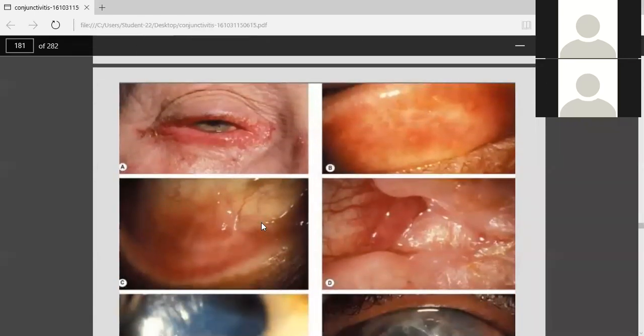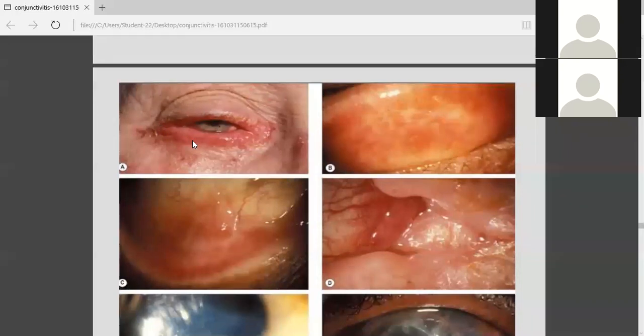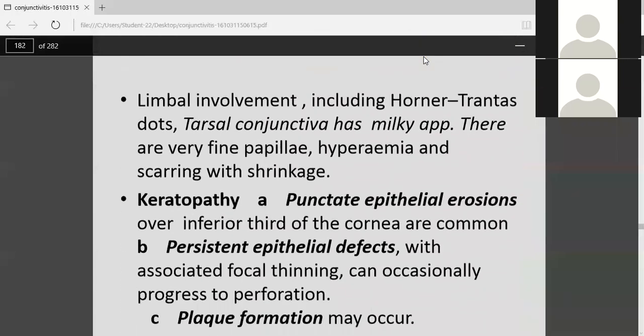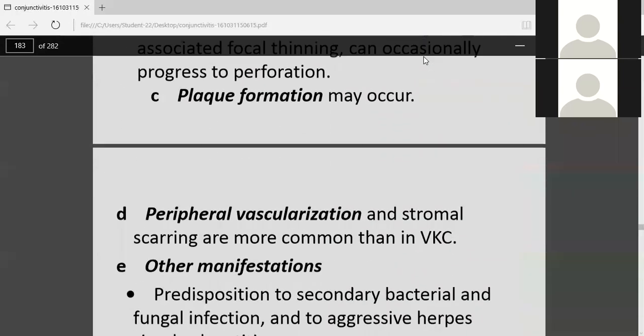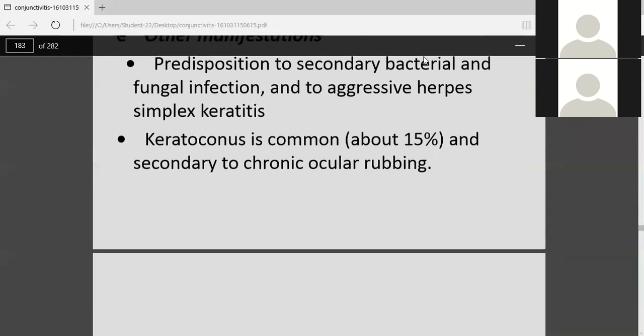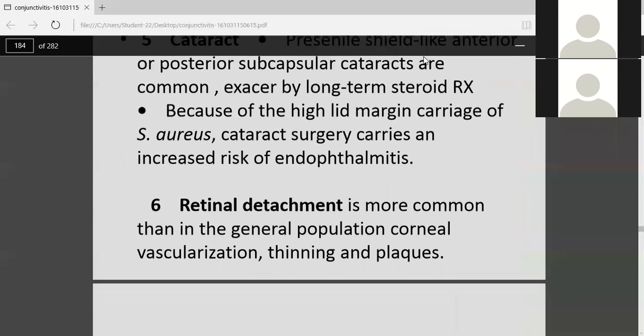Yes, this is the picture. Over here you can see that along with the eye allergy, the patient is also having allergic dermatitis. Over here you can see very easily. The patient is having allergic reaction in the conjunctiva, but he's also having the same thing in the skin. So whenever skin is involved along with the conjunctiva, you can see the